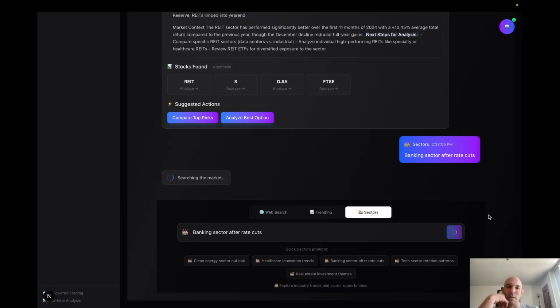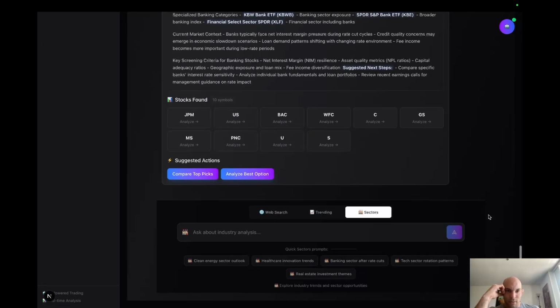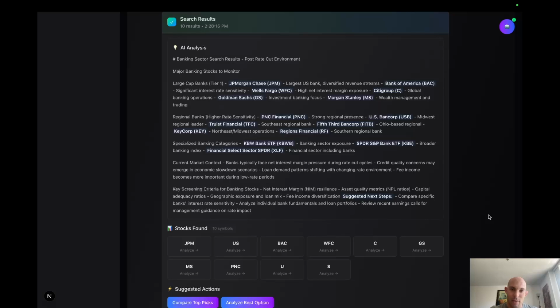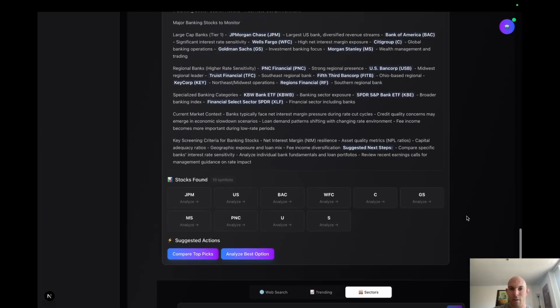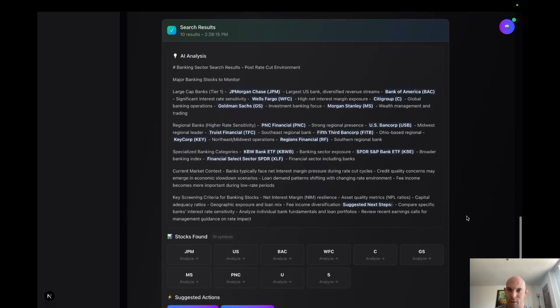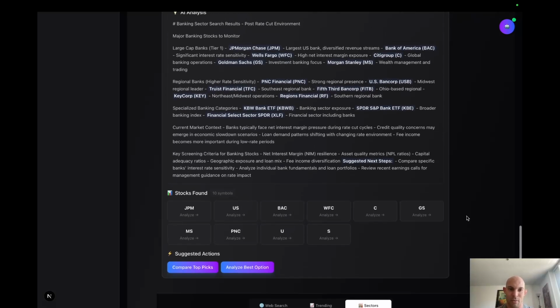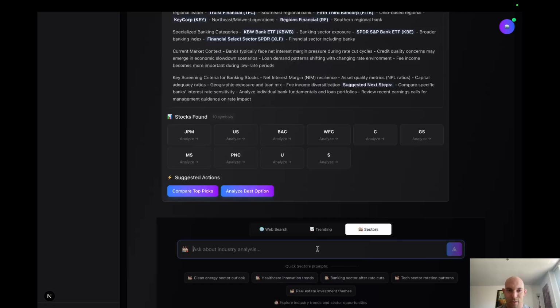Okay. Sectors, trending, and then web search. That's a little odd. Okay. That actually came back quick too. Post rate cut environment, major banking stocks to monitor. You know what? I actually really like that it integrated the list of stocks here based on any search you give it. So even if it's something really low impact or just kind of brainless, like what is a REIT or, I mean,